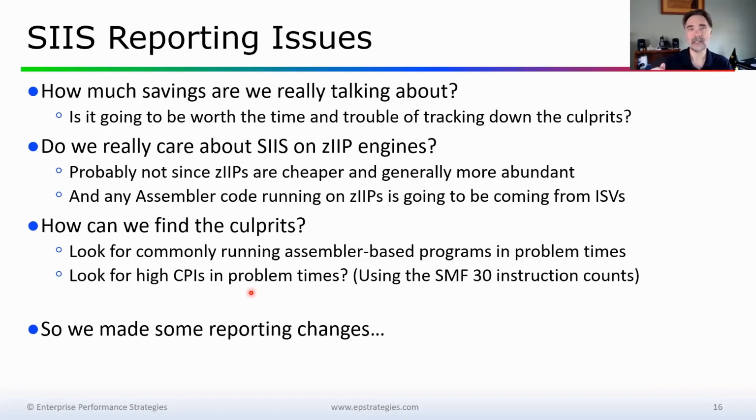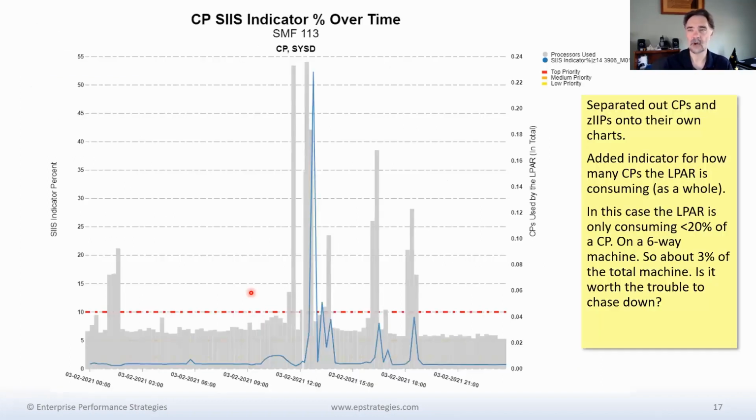So higher CPIs means we're running less efficiently, in terms of we're getting fewer instructions through the processor per machine cycle. High CPIs are an indication of potential performance problems, right? Or it could be an indicator of long-running instructions too. So we made some reporting changes. First thing we did was separate out the zIIPs from the CPs, because probably I don't care as much